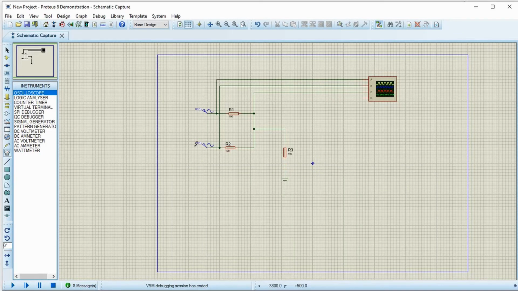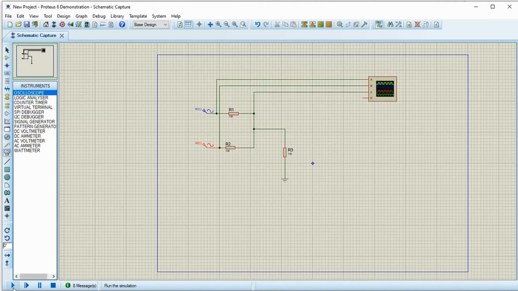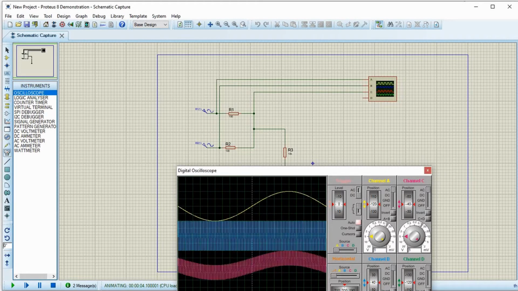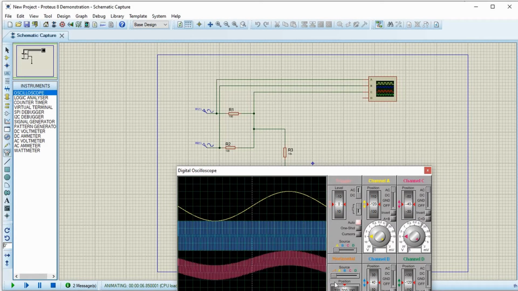Okay, let's just increase the frequency to 10 kilo. You will see now this is 100 hertz, 10 kilohertz. This is the output waveform, this plus this. You can see that there is a slide. This signal has been superimposed on this.